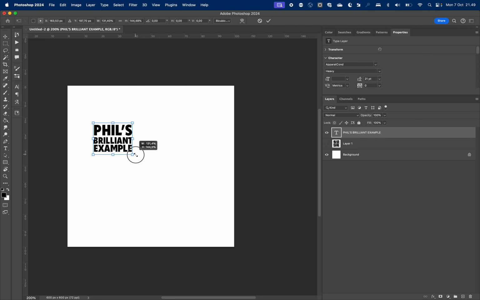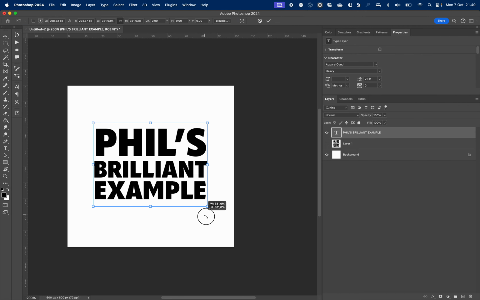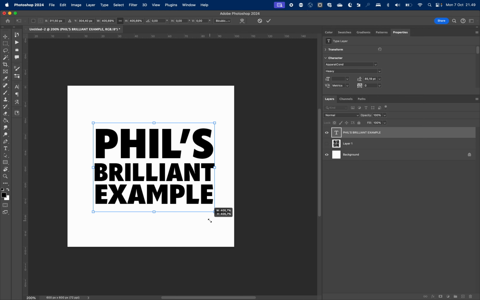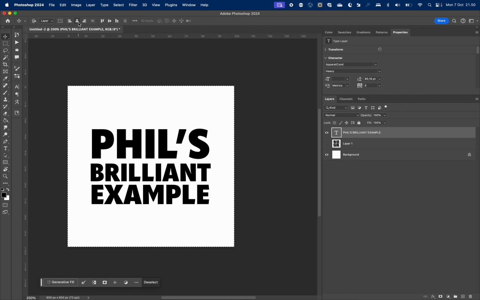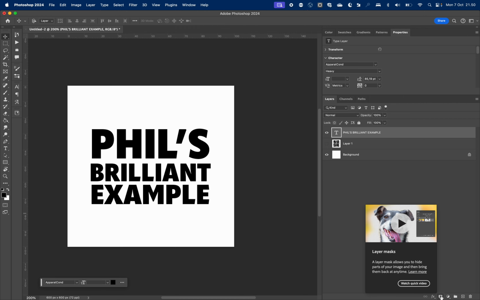Command T to scale, making it like so. Command A to choose everything and press here to make it in the middle. Okay, perfect. So what we're going to do here in Photoshop is go down here and make